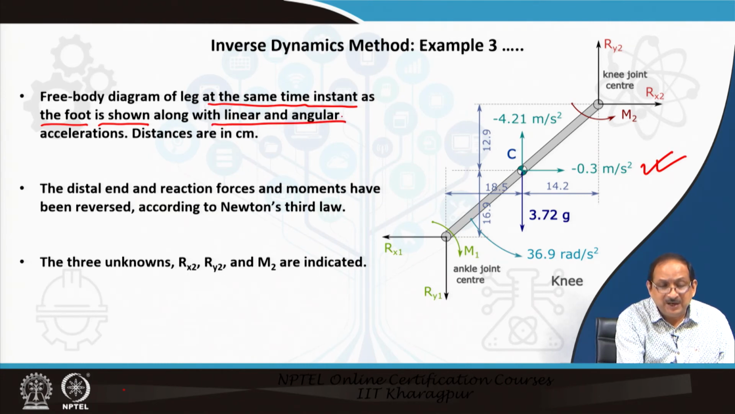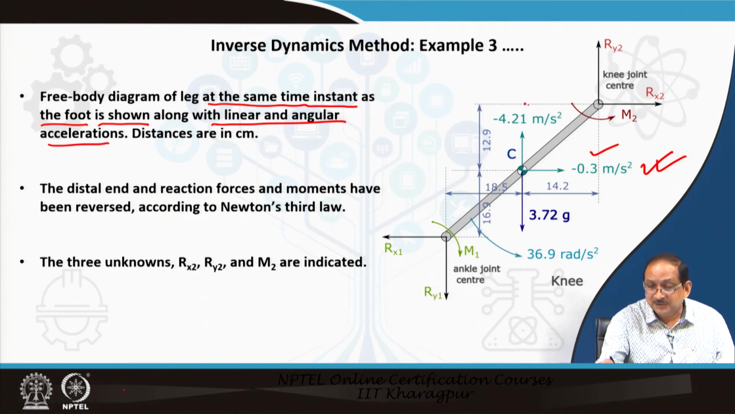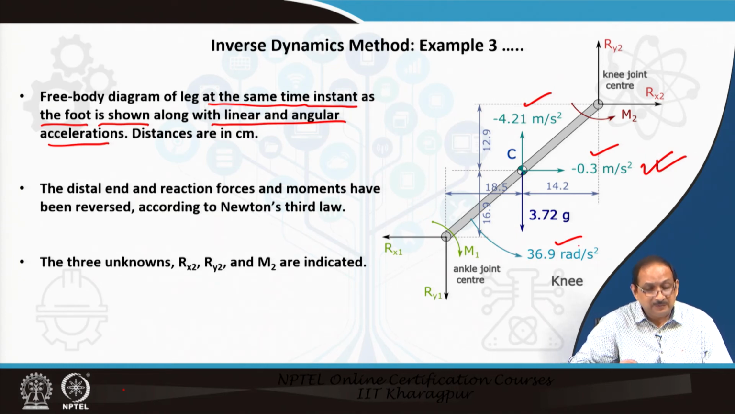So, the linear and angular accelerations are indicated, and the distances. The linear accelerations are given here in the free body, the angular acceleration is given here in the free body as well, and the distances are in centimeter. Now, as mentioned earlier, if we know the distal joint moments and forces, the net moment and forces can be calculated at the proximal end of the segment,